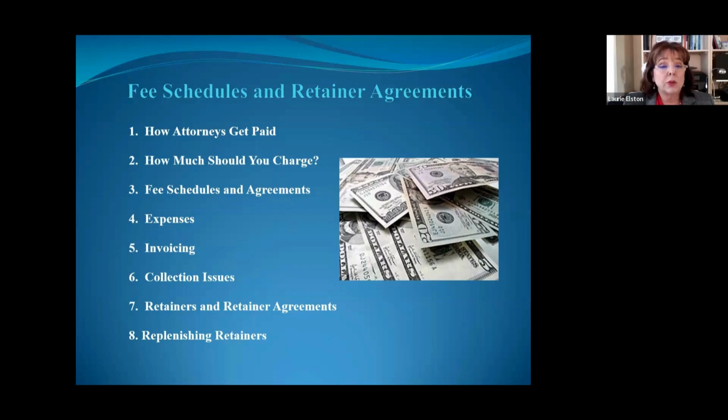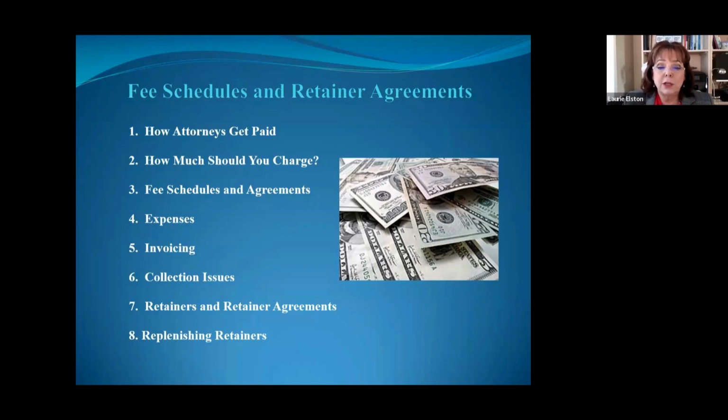So then we'll look at some fee schedules and what we call service agreements, which are contracts about your employment. I'm going to provide this, you're going to provide that, and this is what we agreed to. We'll go over expenses that LNCs and experts can charge, how to invoice. I'm going to share one of my invoices, a simple Word document. I'll show you some other invoices. We'll talk a little bit about collection issues, because you are running a business, so all of them end up dealing with some collection issues.